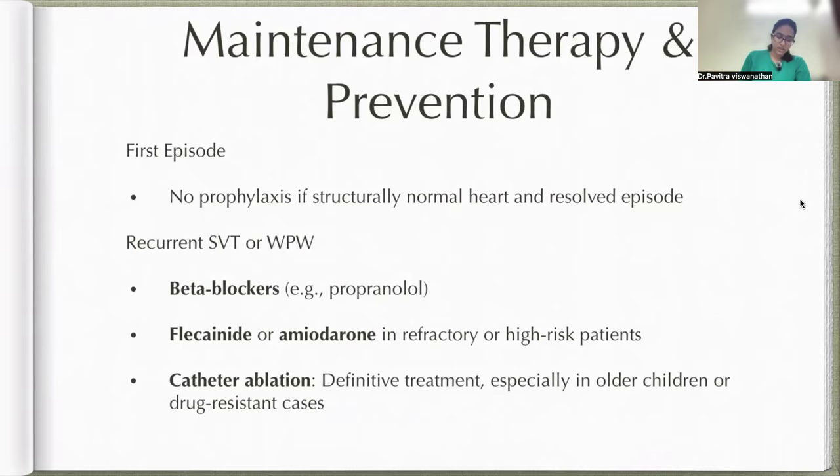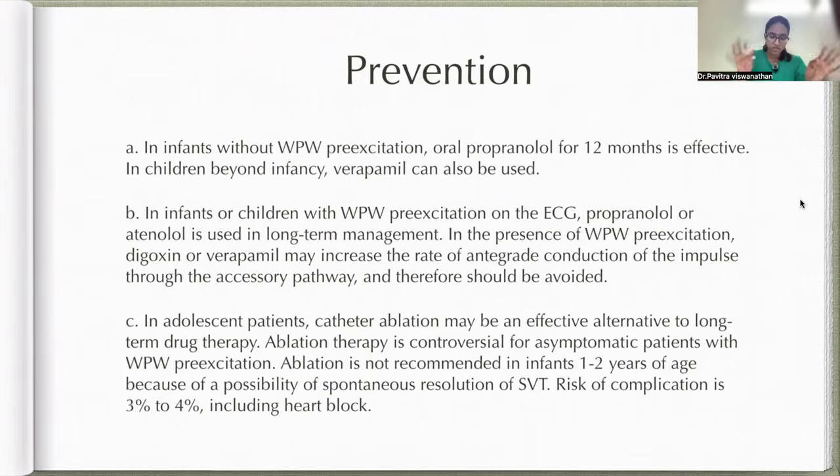If it's a structurally normal heart, resolved episode, you can choose to wait and watch. But if it is recurrent or your ECG is showing, say, a WPW or R-on-P phenomena or something like that, then you can choose to put the child on propranolol and you can plan for electrophysiological studies. And if it is going to be recurrent, persistent, drug resistant, then will be the option for catheter ablation, so that this accessory pathway, wherever it is, it's ablated and it does not cause further problems to the patient. Okay, so this is about SVT as a full